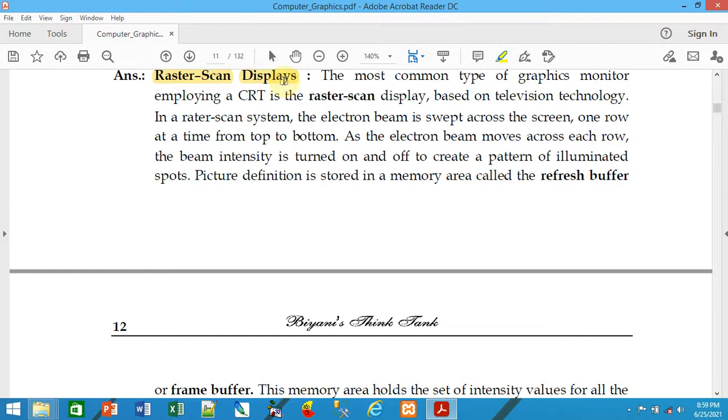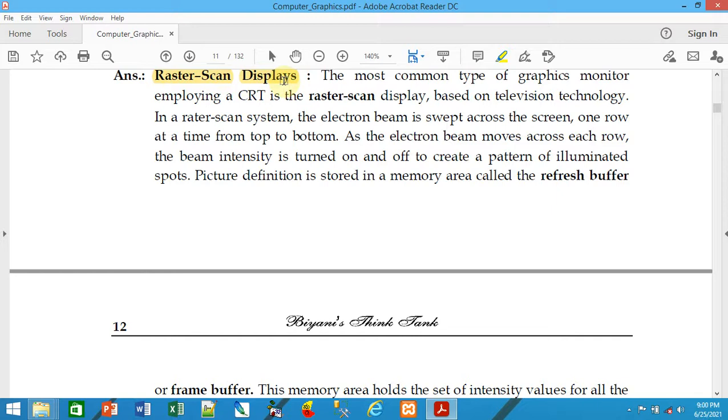In a raster scan system, the electron beam is swept across the screen, one row at a time from top to bottom, not from left to right.